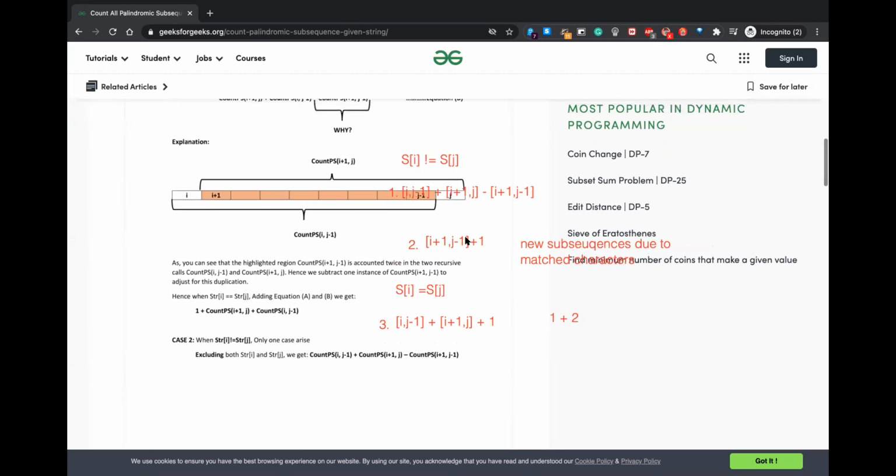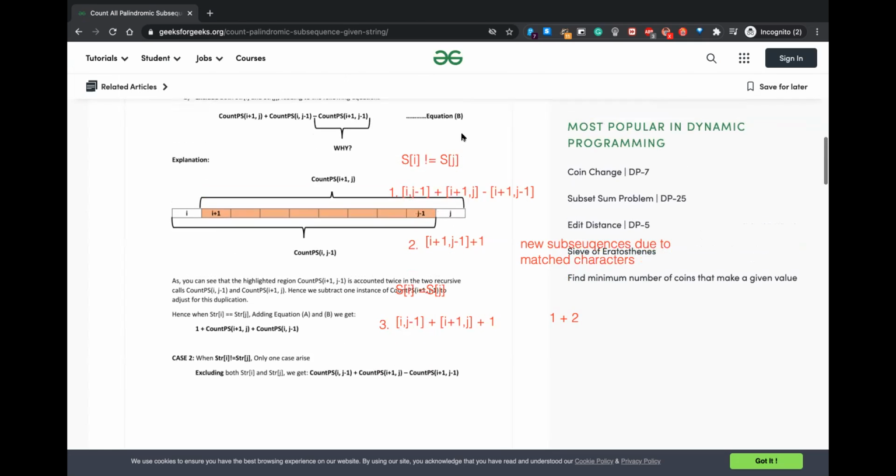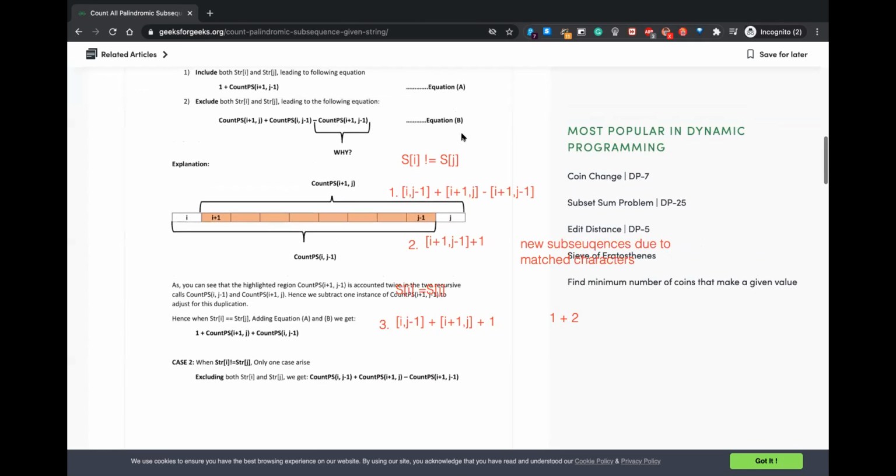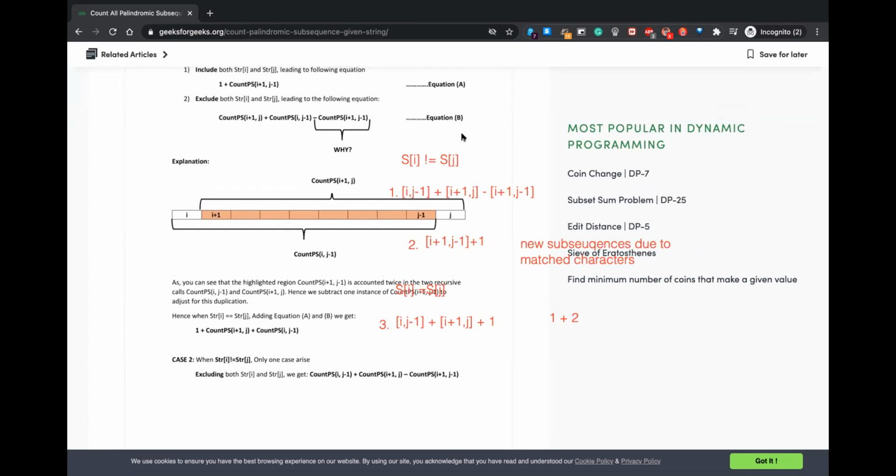But it should be 2, right? Because 2 palindromes are there. No, I mean, AA is matching in itself. Also, they are a palindrome, and when you combine them. But single you might have taken care of before only, right? Yeah, in line 1 we have taken care of, when i is equal to j, right? So that is the first thing we do.